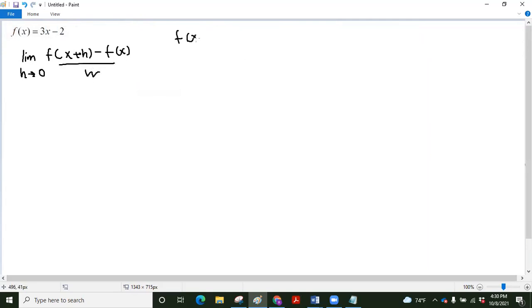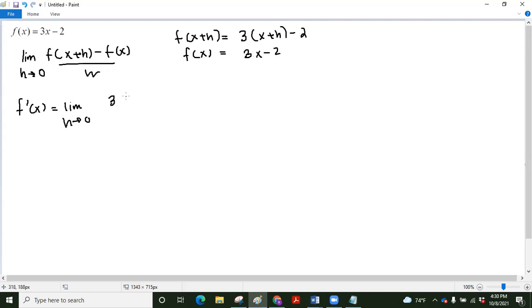So your f of x plus h in this case is going to be 3(x plus h) minus 2. And then your f of x, we already know, is 3x minus 2. So f prime will be the limit as h approaches 0 of f of x plus h, which is just 3(x plus h) minus 2,